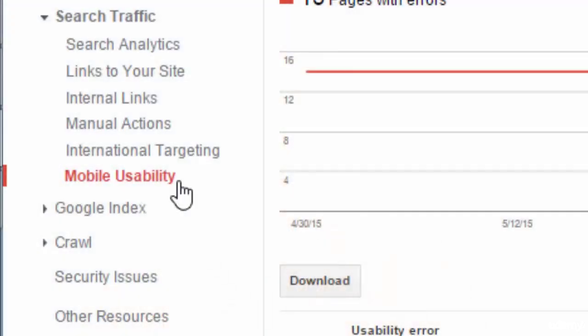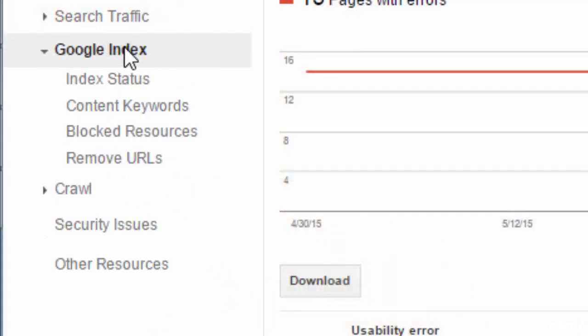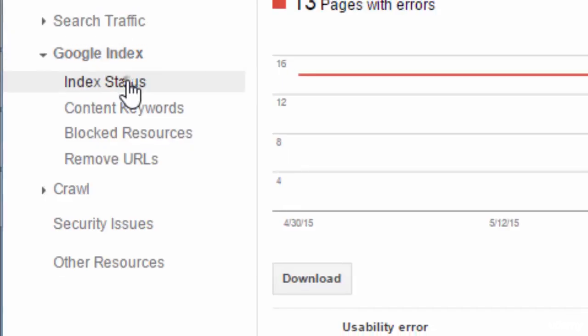In this lesson, we'll take a quick look at the index area of the Search Console, an area of the system where you can see the status of and possible problems with the information about your site that Google has in its search index. We'll start with the index status. This area shows you basic information about the pages that Google has for this site in the index, both today